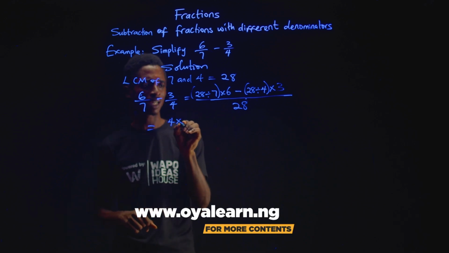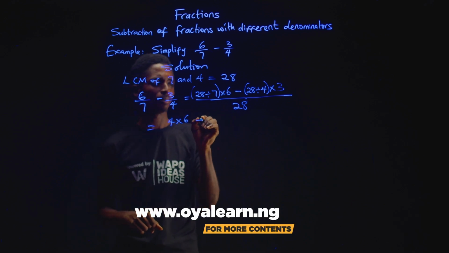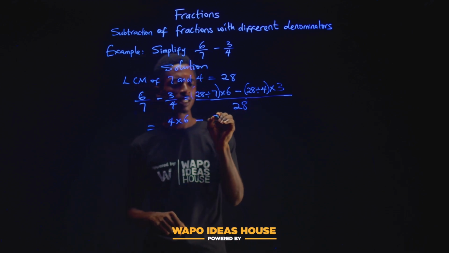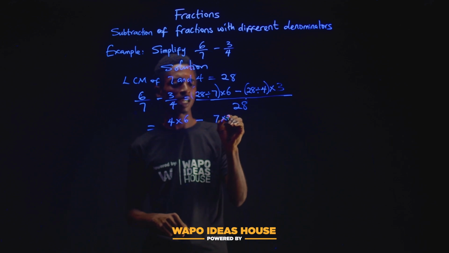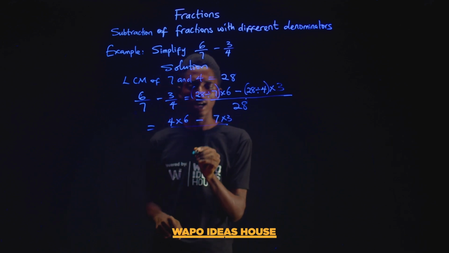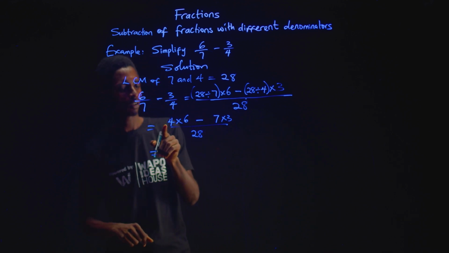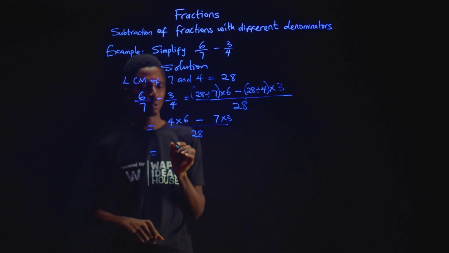Now, 28 divided by 7 is 4. So we have 4 times 6 minus 28 divided by 4 is 7. So we have 7 times 3 over 28. Now, 4 times 6 would give us